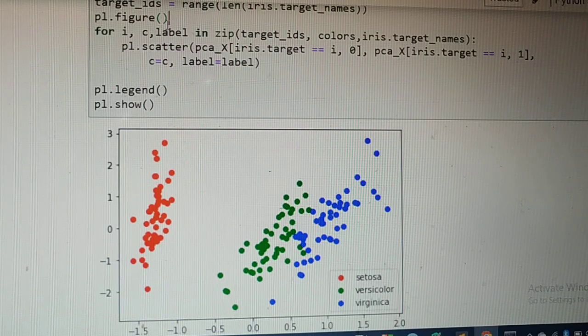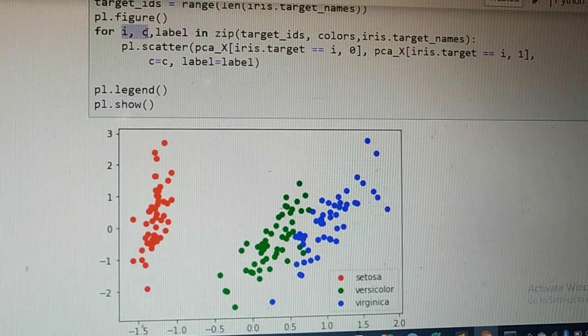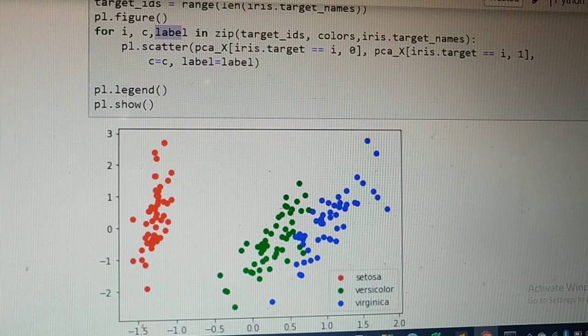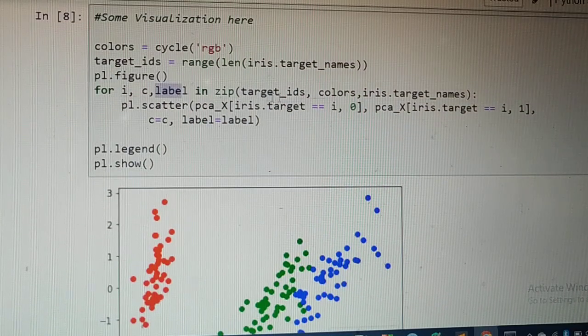Then you are going to draw a figure: for i, c, l in zip of target IDs and colors and labels. Here i is the index, c is the color and l is the label. So what are you going to have in your target IDs?